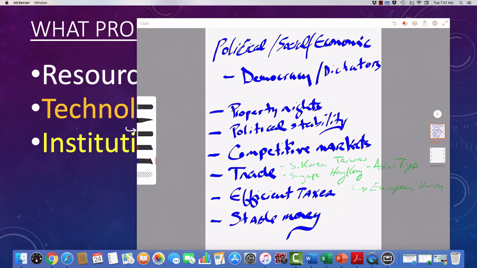Economic activity is made more difficult because you have to consider whether or not you want to trade with money. And if you don't trade with money, what are you going to trade with? And you might end up in a barter economy, and that's just really inefficient. A stable monetary system or a stable monetary regime is really an important aspect of